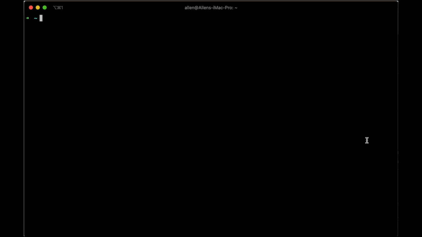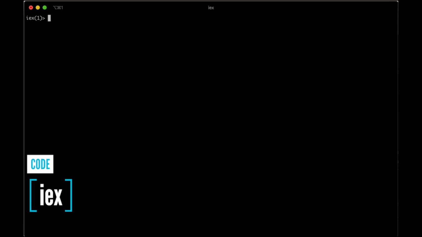I've been quite busy at work, and now the good thing is that I've been doing all Elixir, which has actually brought up a couple of interesting things that have come up in my daily work. Often I find myself reaching for IEX, whether that's through IEX itself or the remote console to interact with some applications. I picked up a couple of tricks which I think are extremely useful, and I wanted to show you those today. So if I pop open my IEX,